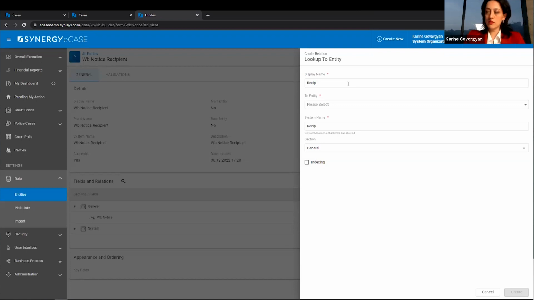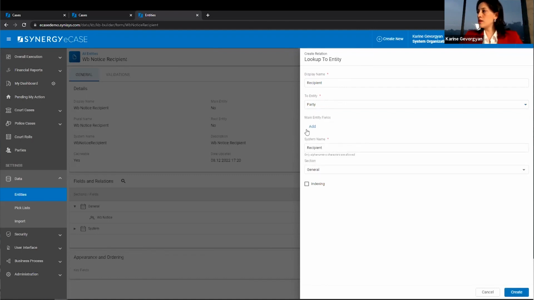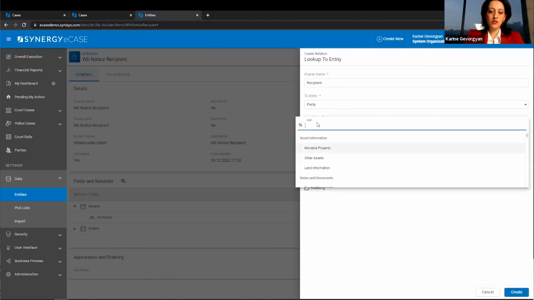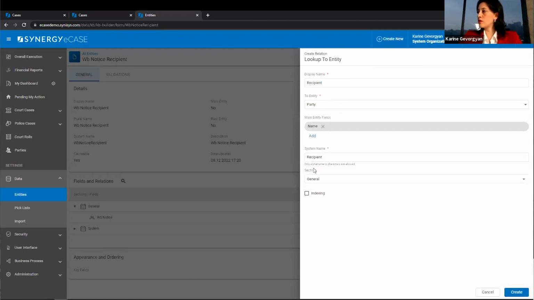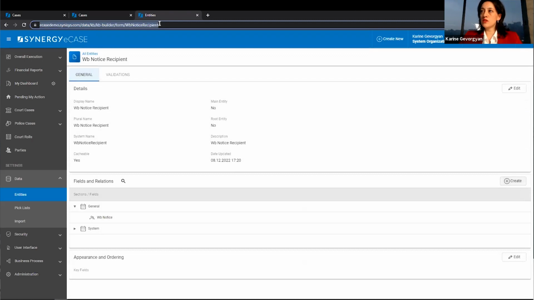Again, let me call it. Okay. And then we bind it to the parties and mark it again as an indexing field, and choose the name as the representation of the party. Okay, so now we are all set with